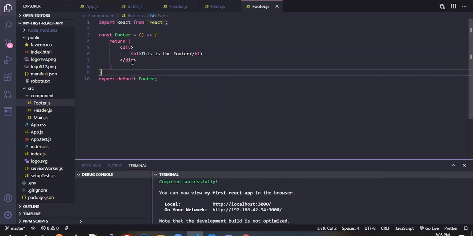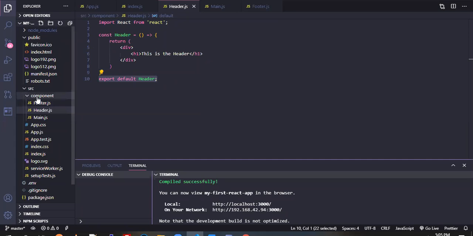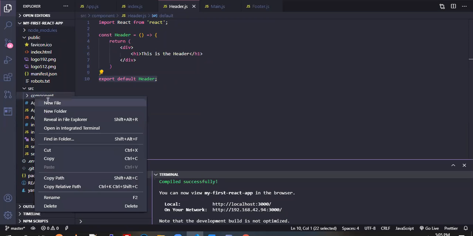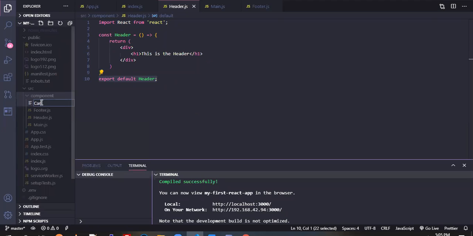So to be able to use JSX, you have to bring in React in every file where you want to use JSX. And you have to export that particular component. So I just use this as an example. Let's say we want to write a component called a car. So if I go back here and do new file, and .js,